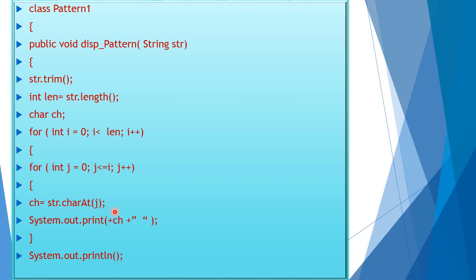That means each time each alphabet will be extracted, starting from the first index position up to the third index position, and those alphabets will be displayed in a row. Okay, so this is the working of this nested loop for getting the display as per the desired format in the question.